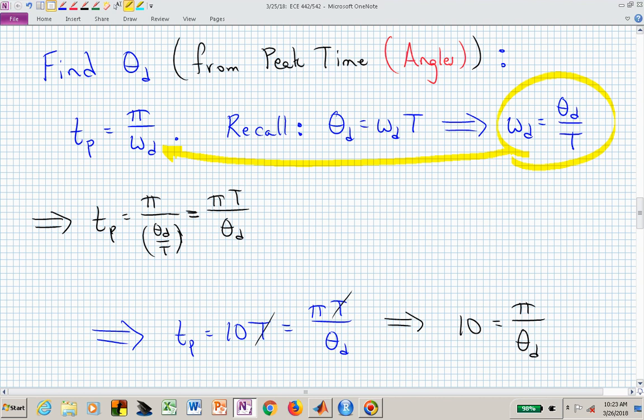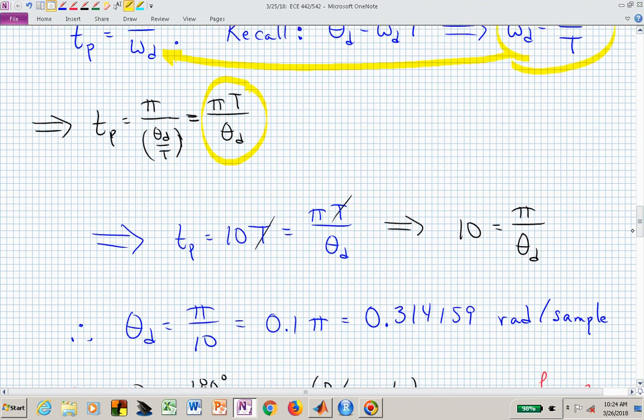So our peak time is 10 of those, 10T, but we also know from this formula that the peak time is pi T over theta sub d. We cancel the T's and we have 10 equal to pi over theta sub d. Solving that for theta sub d says that we need an angle to meet these design specifications of 1/10 of pi, or